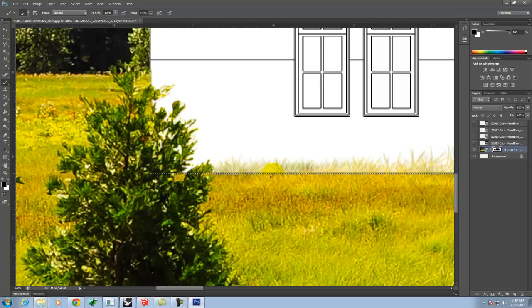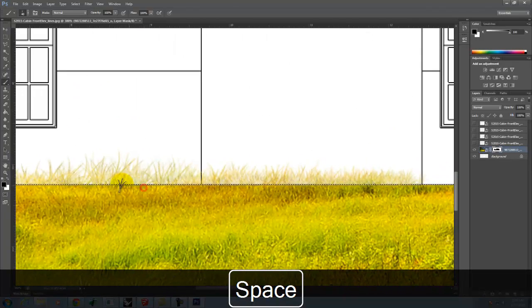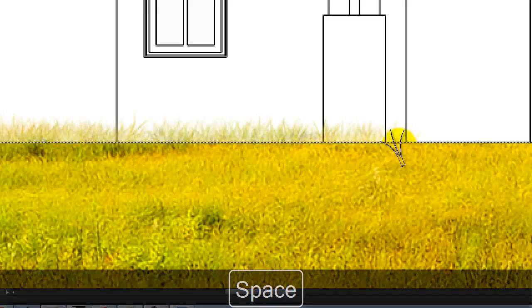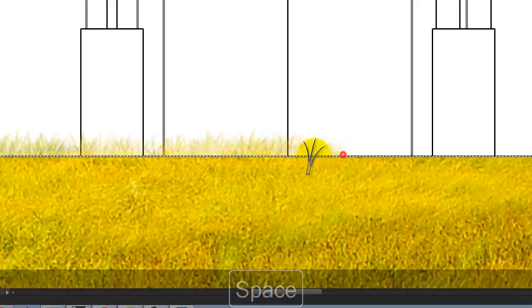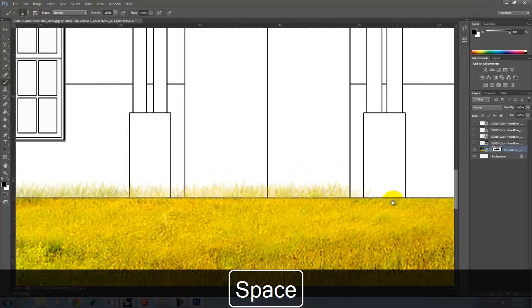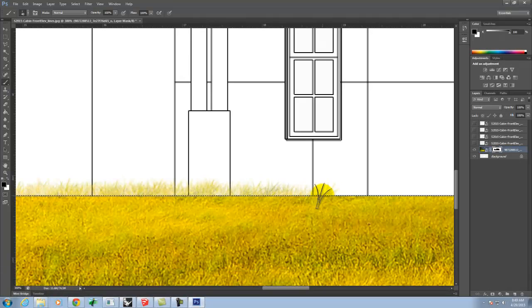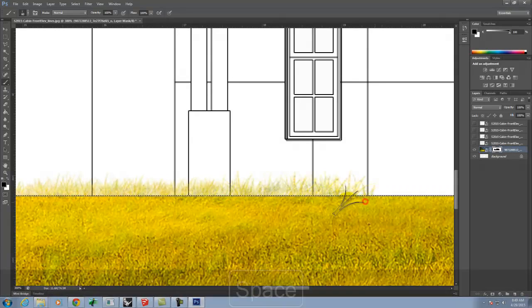The other option that we have is we could clone stamp instead of letting this show through this way. I don't know that one is necessarily better than the other. The key is just having a little bit of variety in the grass texture,